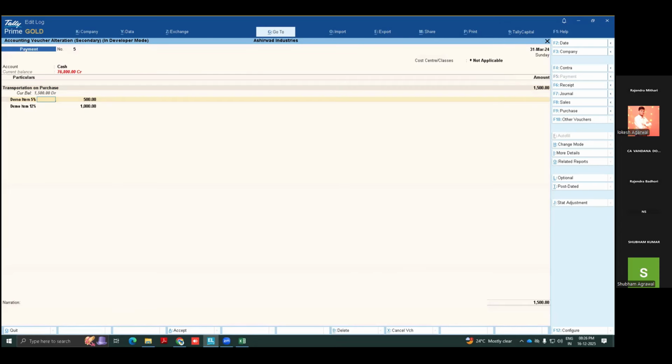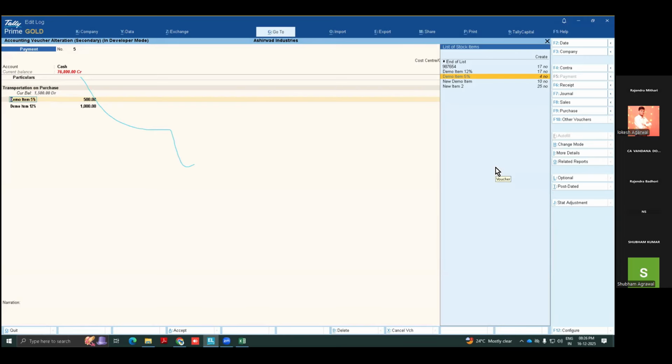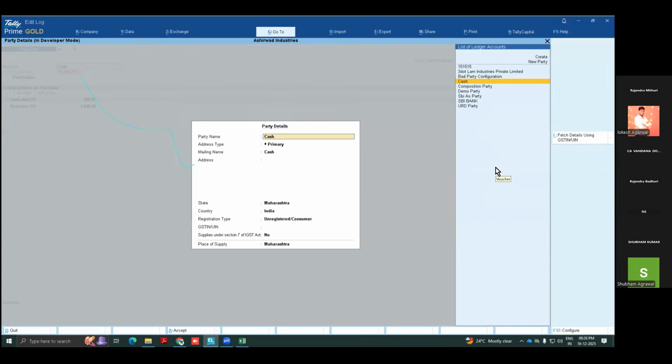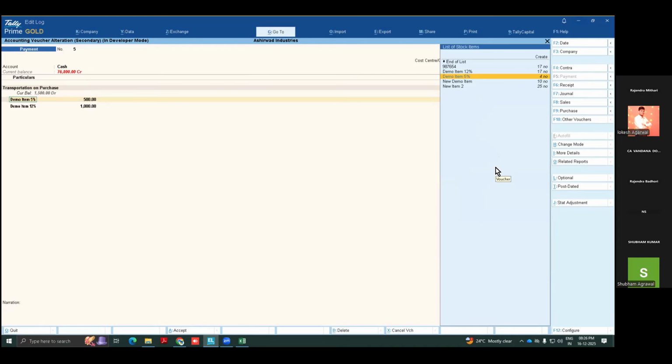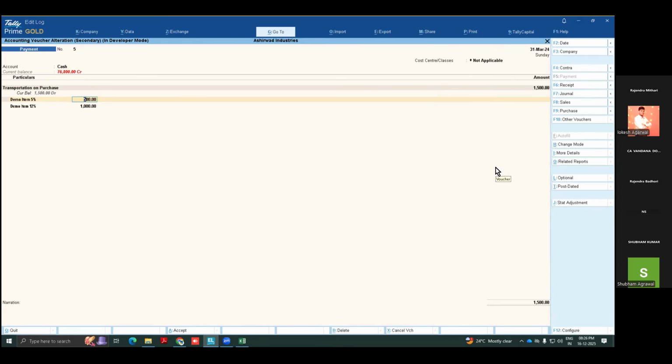Because it is not credited to the party, it is paid in cash. For the transportation charges or any sundry expenditure charges, if you pass a payment entry, it is going to allow you to select stock items, and don't select quantity here.